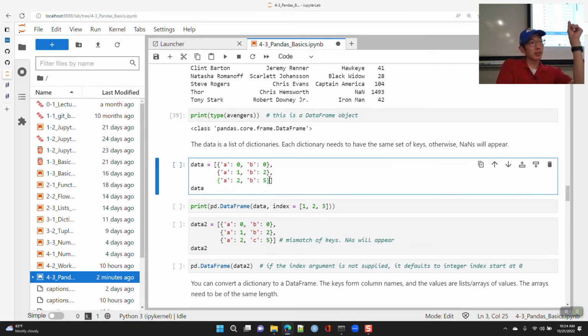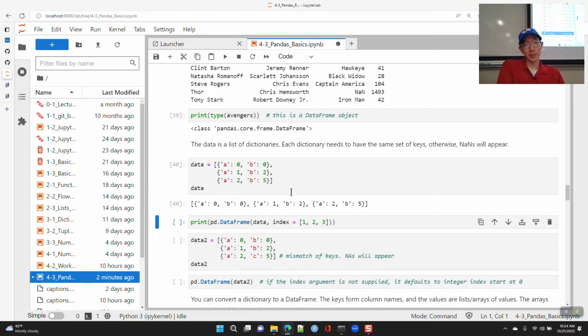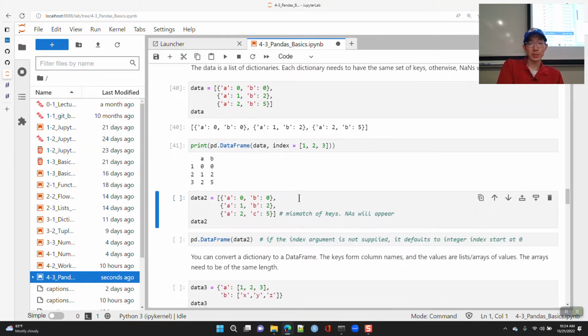It's going to make a column for A, a column for B, and if you don't specify an index, it'll use its default index, but here I'm going to use index 1, 2, 3. Okay, so this is what I have. And so now I get 1, 2, 3 as my index, column A and column B.